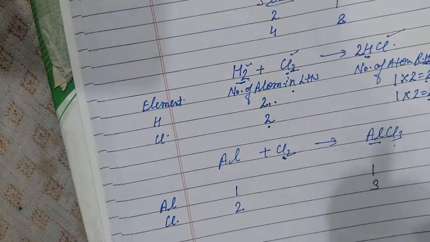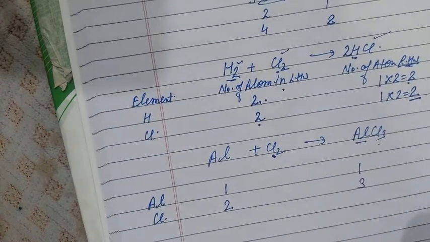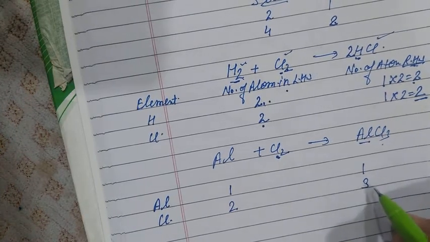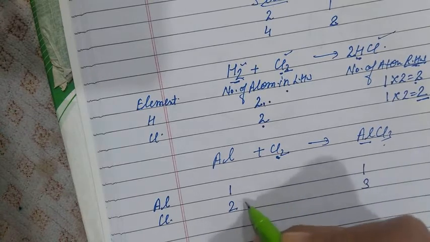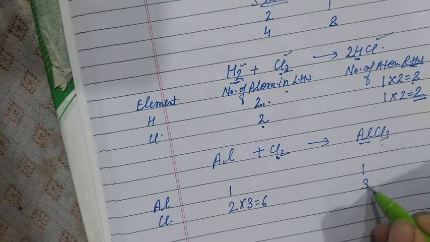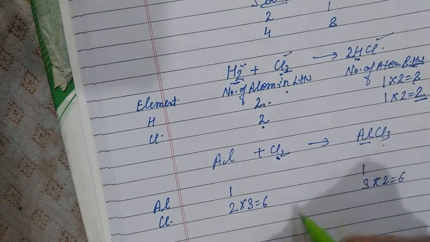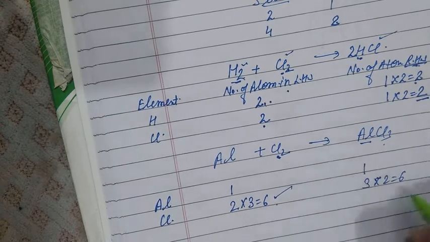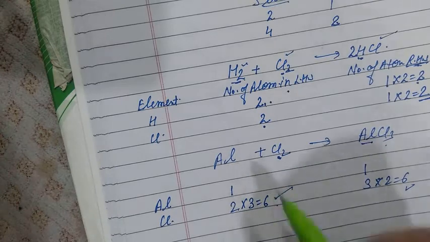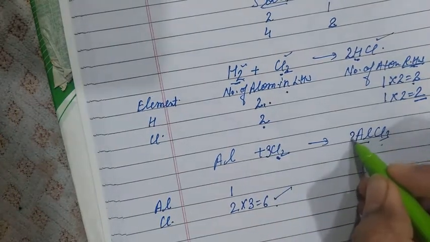Now you can say that it is difficult for you. So what will we do? There is 2 and 3. So how will you balance? You multiply by 3, 6, and you multiply with 2, 6. In LHS side also 6, and here also 6. So what will you do? In LHS side you will multiply by 3 and you multiply by 2.